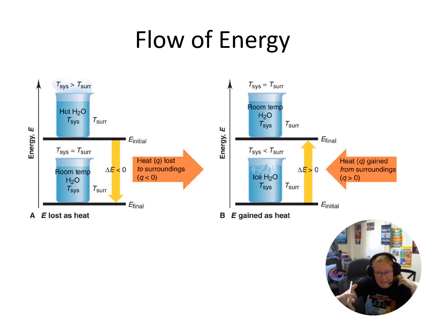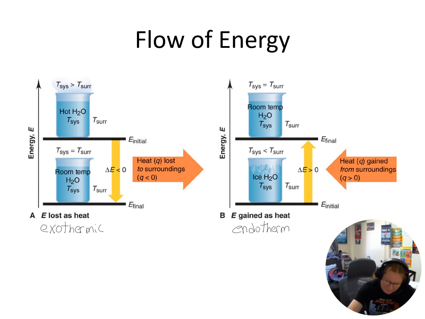So if you are feeling heat, that means the system is giving off the heat, all right? And if you put your hand around something and it's super cold, that means that the system is taking in energy from the surroundings, all right? So this is going to be our exothermic, as your hot water is cooling down, and then this is going to be your endothermic here. All right, as that water with ice in it warms up to room temperature, okay?